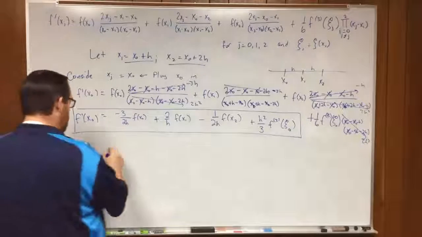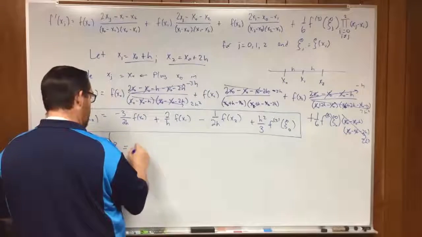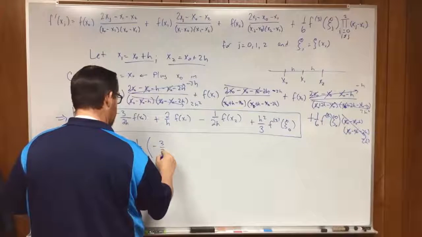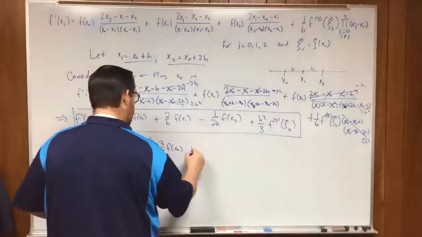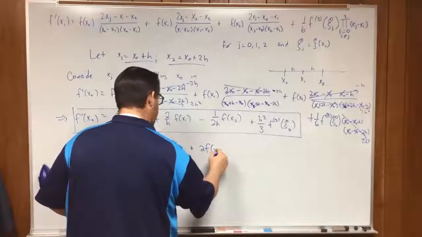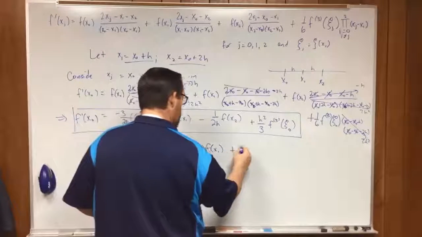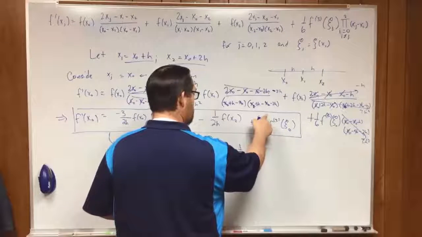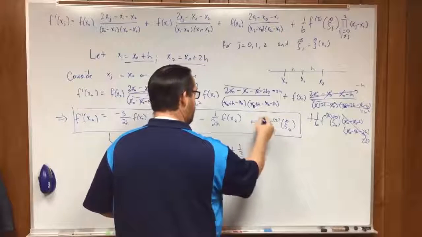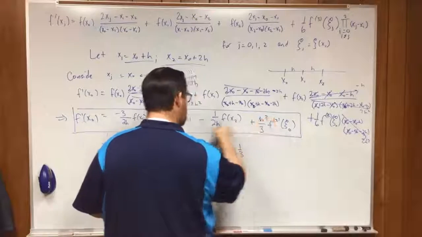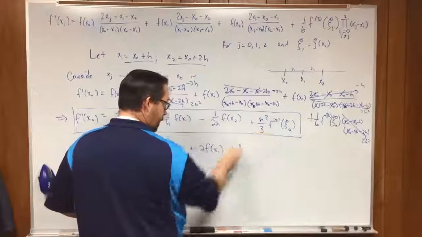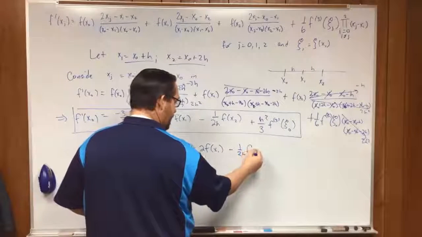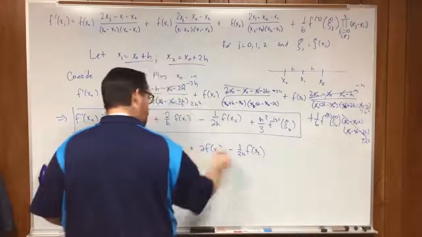Okay, it's more commonly written, by the way, this way. You pull out the 1 over h and do a negative 3/2 times f at x naught plus 2 f at x1 plus 1/3. This is not h squared. Sorry, this should have been 1 over 3. No, this was right, h squared. This was 1 over 2. Sorry, I got ahead of myself. Minus 1 over 2h f at x2